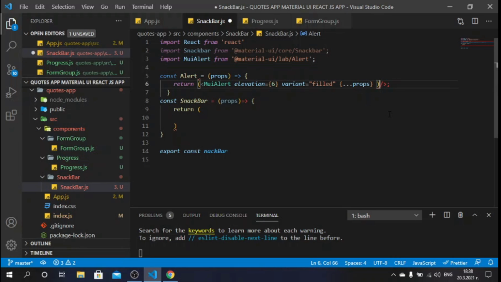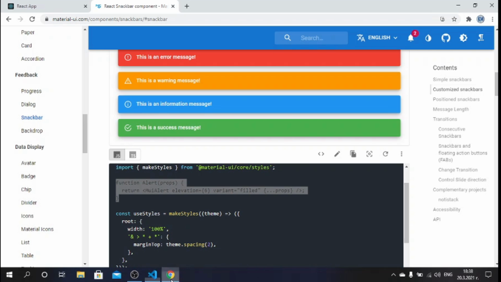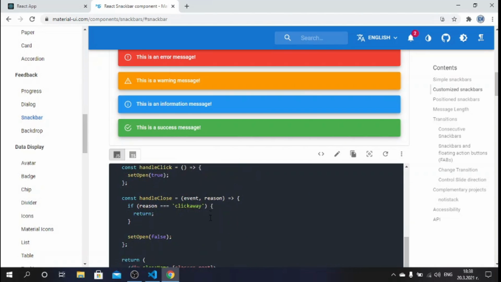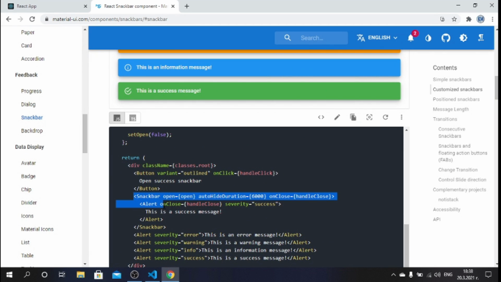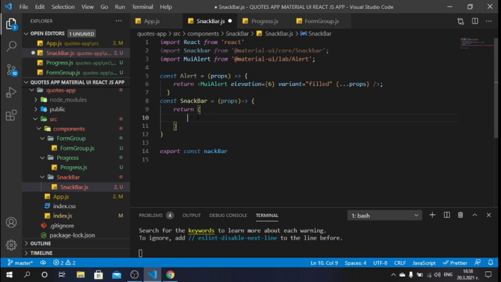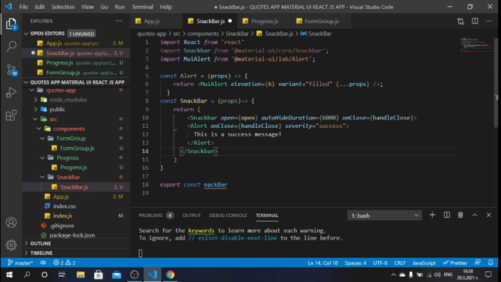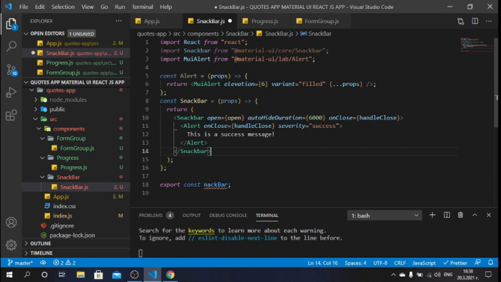Okay, it shouldn't be like this. Let's delete this. Okay, now it's okay, and go back, and here we can copy this line of code which says snack bar, up to here, and paste it here. We can save, make it prettier, and we can say